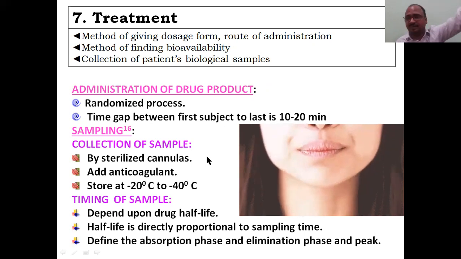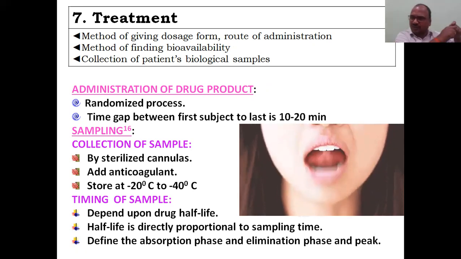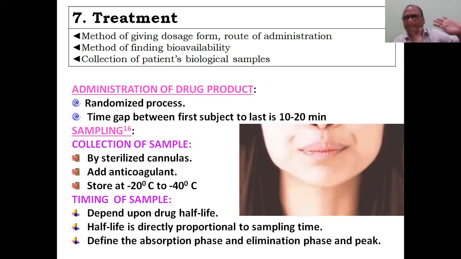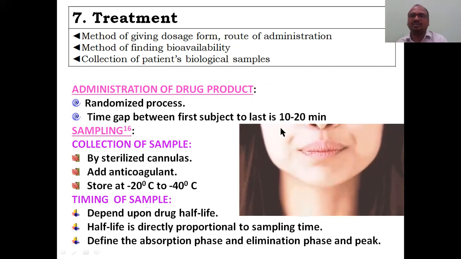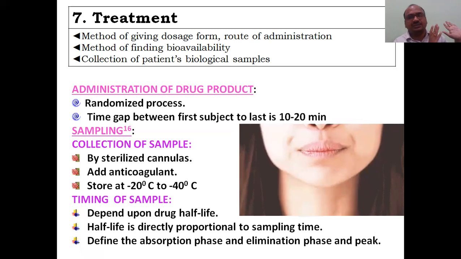You select the patient, don't give serial numbers 1, 2, 3, 4 like that. Don't go first one injection, second injection; randomly you select in that group and give, but you give to all. The time gap between the first subject and the last subject is a maximum of 10 to 20 minutes. Within the 10 to 20 minutes, all groups must be given the drug. Don't increase to a 1 hour or 2 hour gap.